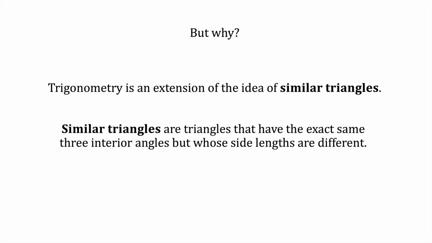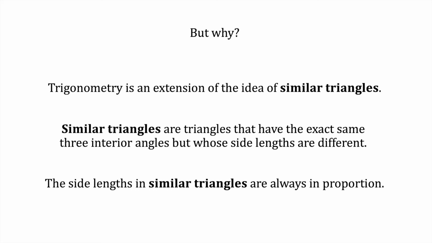Similar triangles are triangles that have the exact same three interior angles but whose corresponding side lengths are different. The important thing to understand about similar triangles is that their corresponding side lengths are always in proportion. We will now demonstrate this property of proportional side lengths of similar triangles and how this property is generalized to